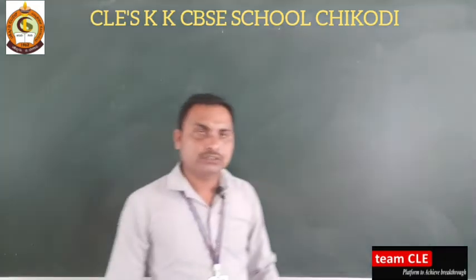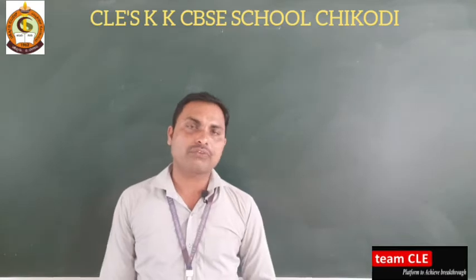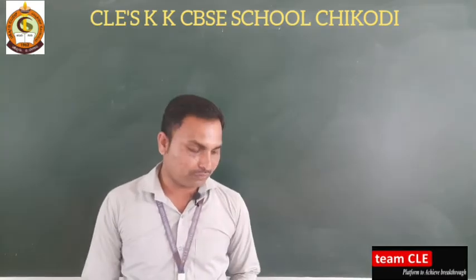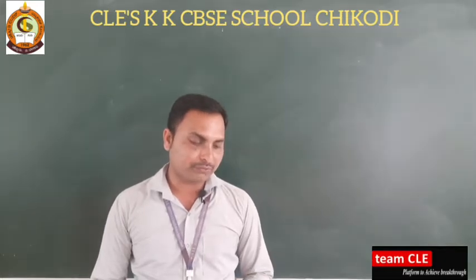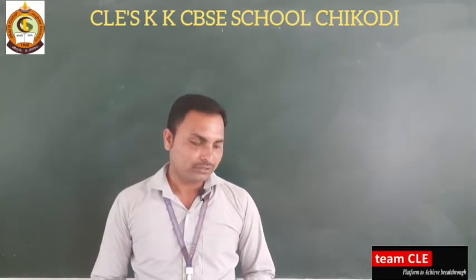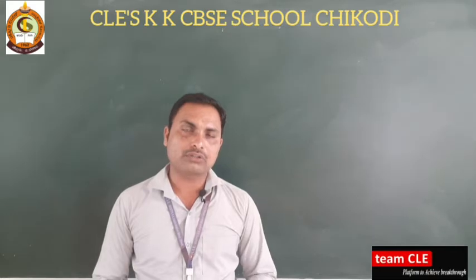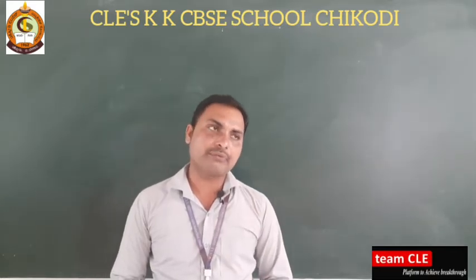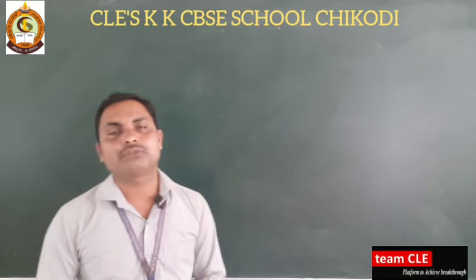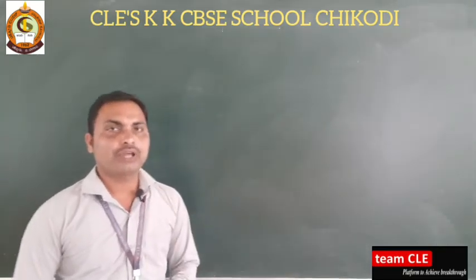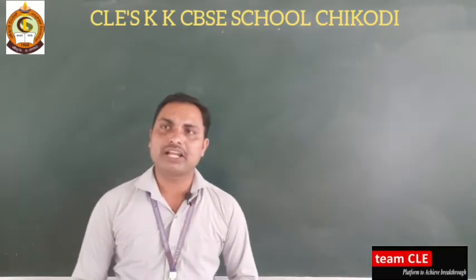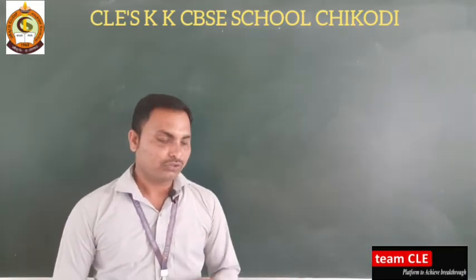Well, so I hope, friends, now we have question number 5 here. Let me read question number 5. Half the perimeter of a rectangular garden, whose length is 4 meter more than its width, is 36 meter. Find the dimensions of the garden. We need to find the dimensions of the garden, and the garden is of rectangular shape. We know it very well, the dimensions, length and breadth. So this we need to find.